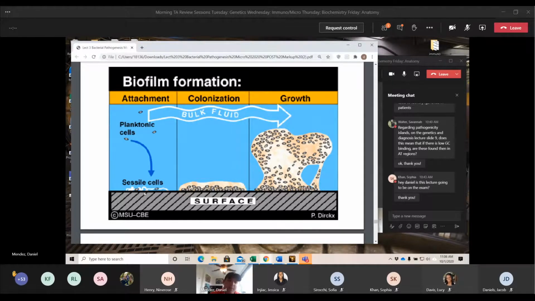Once they're there, they'll get stuck, they'll start multiplying, you'll see more. They will also start interacting with each other through quorum sensing. As they interact with each other, they will also recruit other planktonic cells. And now they create this entire mass, just like the penguins in the South Pole. So we can see here, they're here, but they're not stuck there. They're constantly moving around in this huge community and organization to protect them and prevent any sort of infection or any sort of antibiotic or any sort of immune response.